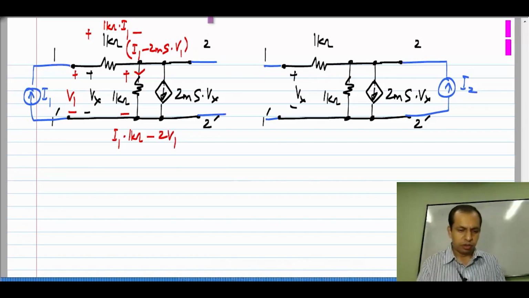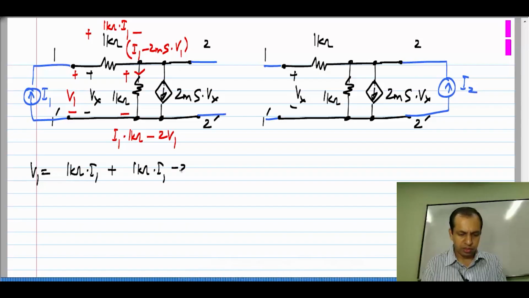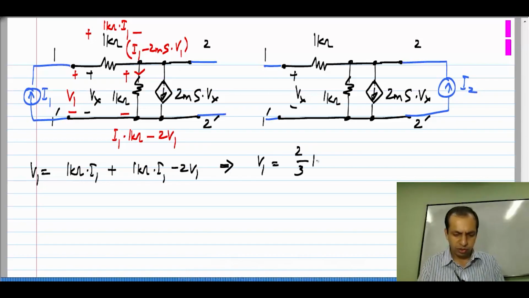Okay. And also the voltage V2 is nothing but the voltage drop across this 1 kilo ohm resistor. So, I will write these two equations. First of all, V1 equals the sum of voltage drops across this one and that one, which is 1 kilo ohm times I1 plus 1 kilo ohm times I1 minus 2 V1. From this we see that V1 is 2/3 kilo ohm times I1,